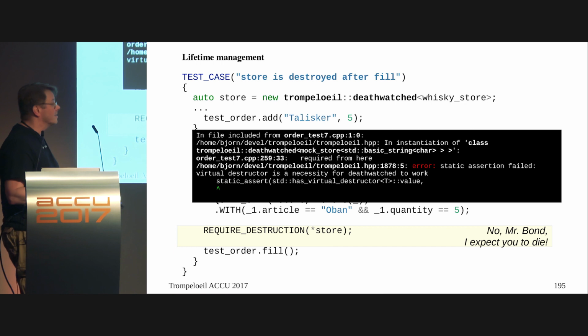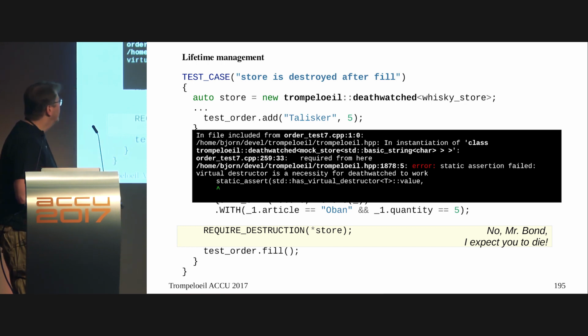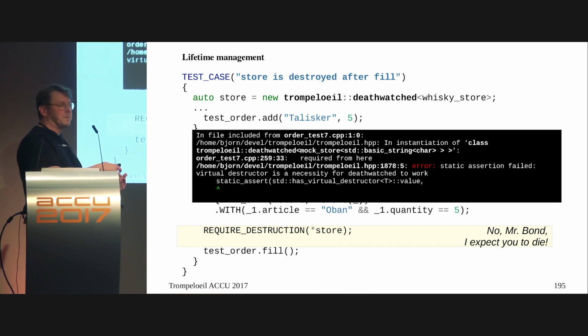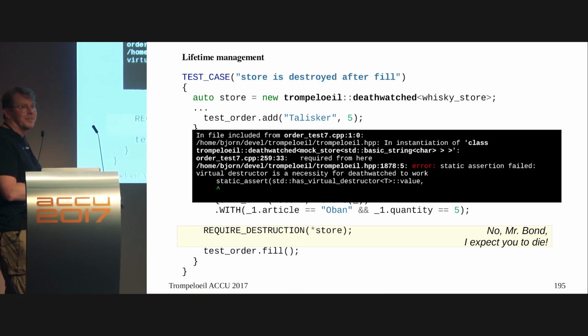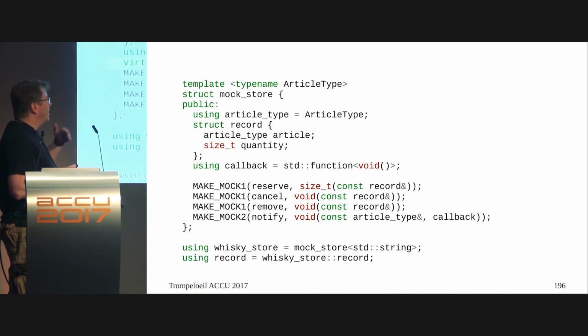Compiling this fails. Bummer. Because there is a requirement that a death-watched object must have a virtual destructor. This is a little bit annoying, actually, but it's not a big deal, because either you're mocking via a pure abstract base class, and then you really should have a virtual destructor anyway. Or in this case, it's templated. I'm working with a concrete class, and then it's just something in the mock. The real thing doesn't have to have it,